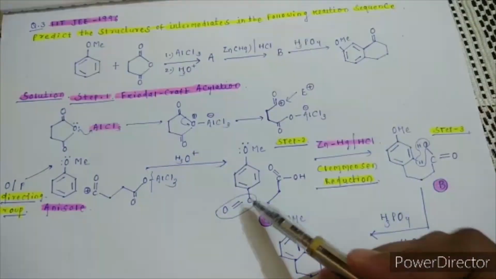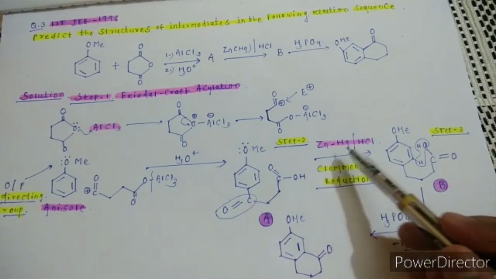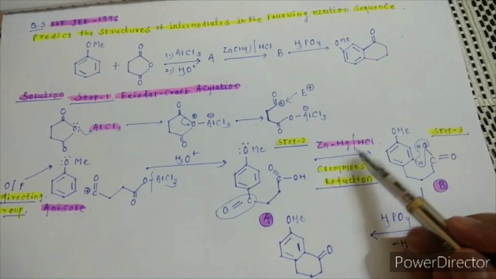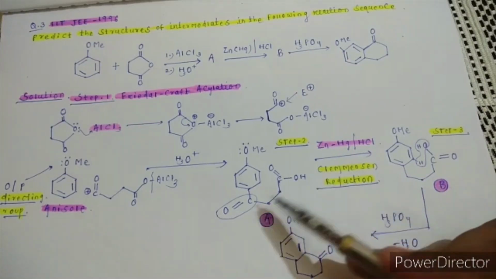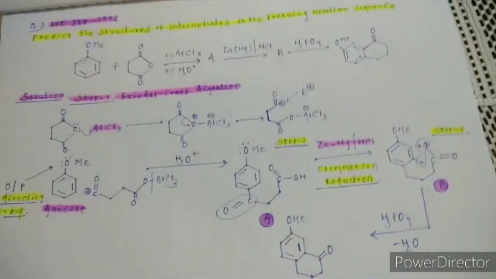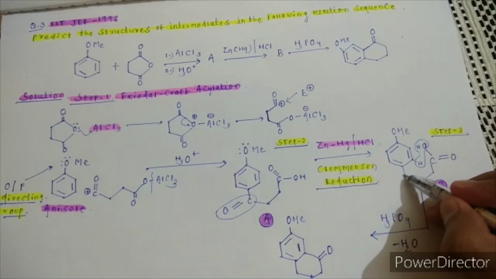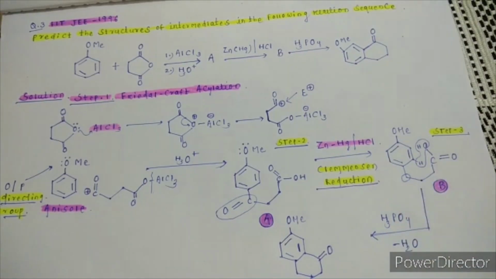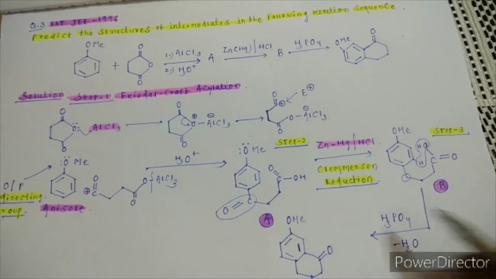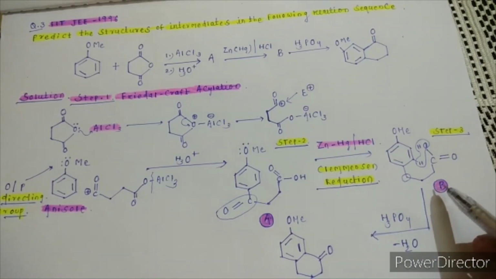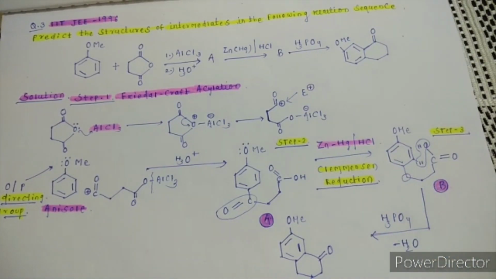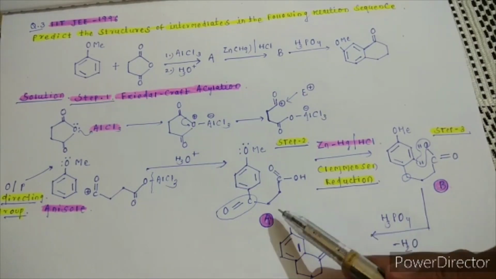So here, this substrate has a carbonyl group, C double bond O, and when you use zinc mercury HCl, this reaction is called Clemmensen reduction. Then in the CO group there will be cleavage of the two bonds, and two hydrogens will attach to the carbon. Now the CO group has changed to CH2. Remember, zinc mercury HCl is Clemmensen reduction: the carbonyl group changes into a CH2 group. Now this is B. In the question it was asked to predict A and B, so we have completed the question. This is A and this is B.